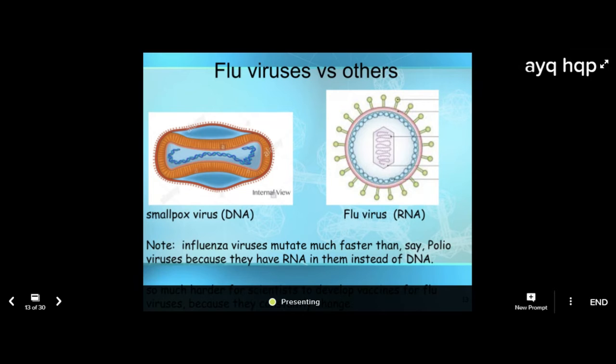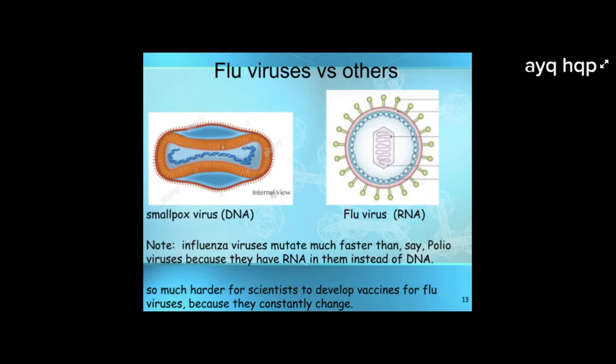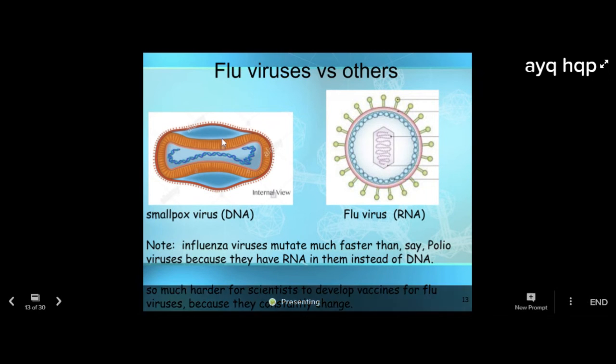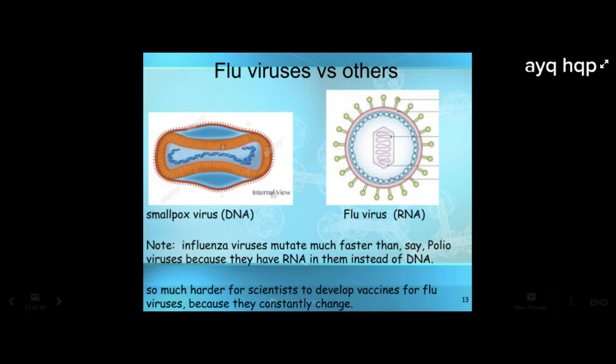You can make one vaccine and you can annihilate it, right? And we did. We got rid of smallpox. None of you are really dealing with smallpox anymore because they found one vaccine that would kill it, right? Flu viruses, though, you may realize that you've got to go get a new one, don't you? The reason for that is because RNA viruses, and all flu viruses are RNA viruses, they mutate much faster